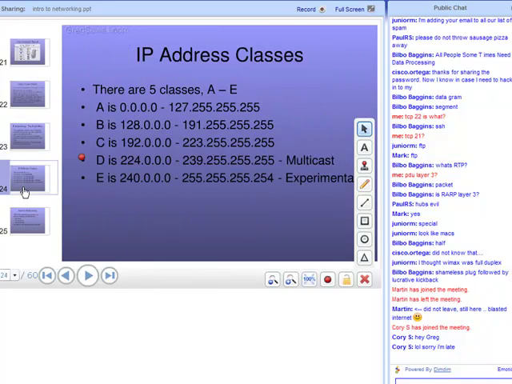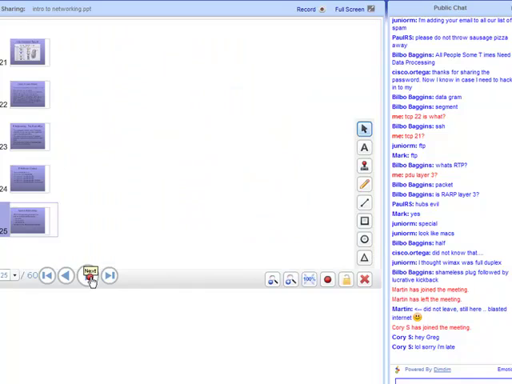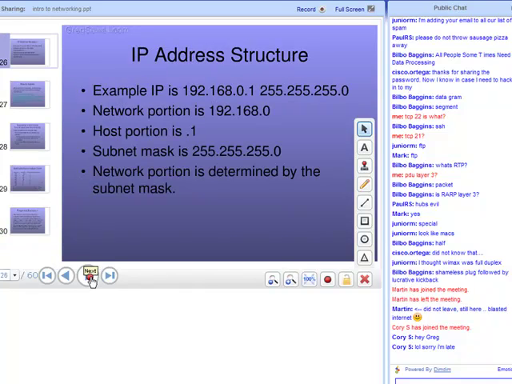I think I have a breakdown of that. IP address classes. I was thinking, let me scroll through real quick. There we go. I should have moved that IP address structure up a little bit, but we'll talk about it here. The IP address structure is going to be,